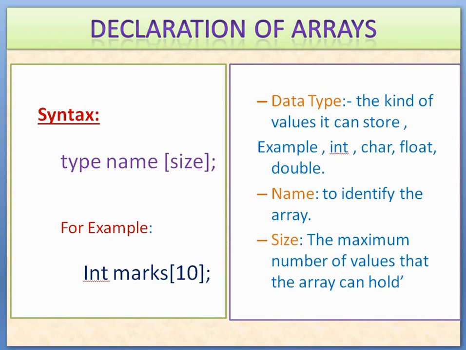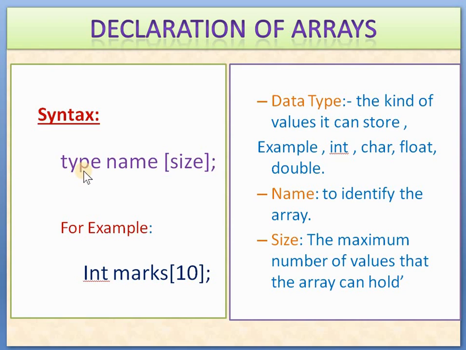Now let's see the declaration of arrays. We have already seen that every variable must be declared before it is used in the C programming language, and the same concept holds true for array variables. An array must be declared before being used. Declaring an array means specifying